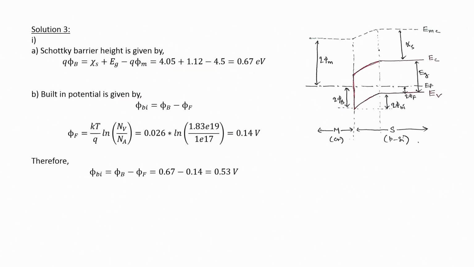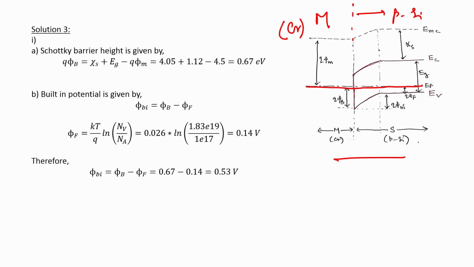So let us try to solve this for the thermal equilibrium case first. Here this is the energy band diagram when the junction is at thermal equilibrium. So here we have a metal on this side and a p type silicon on this side. This metal is nothing but chromium. At thermal equilibrium the Fermi level will be aligned, this is the Fermi level which is aligned throughout the device,